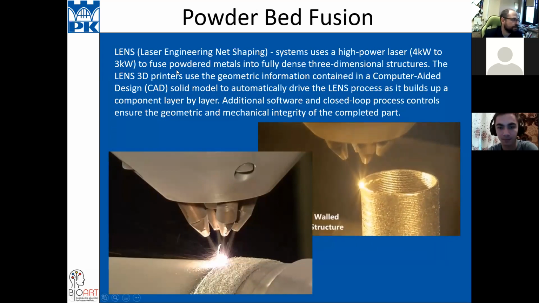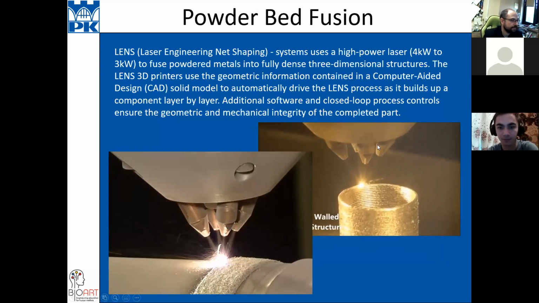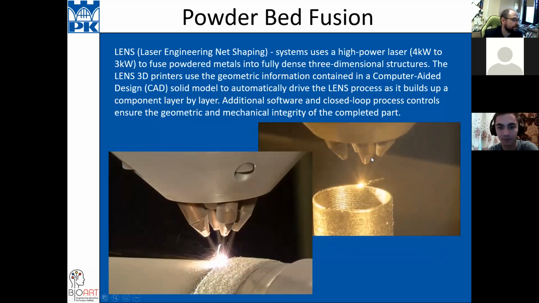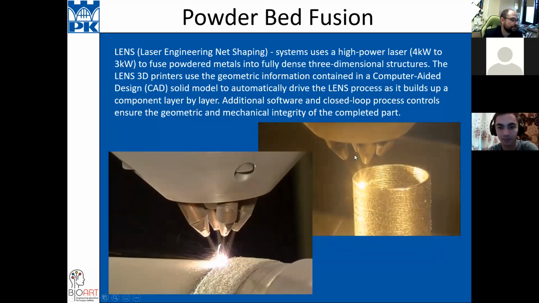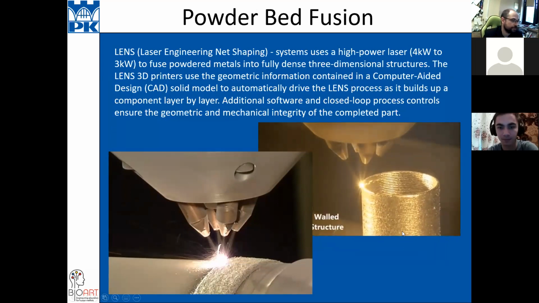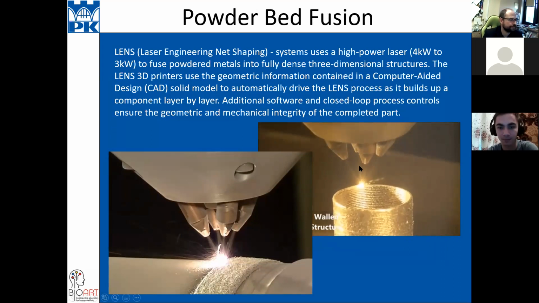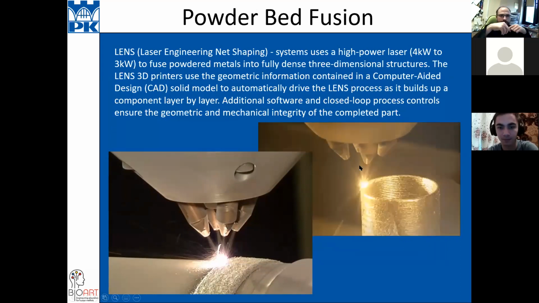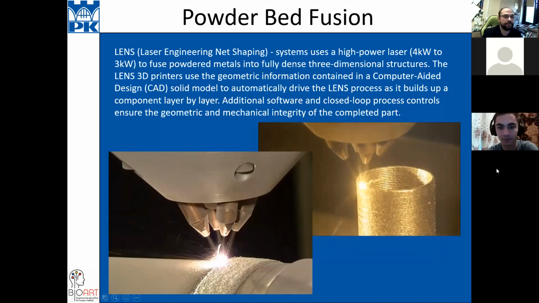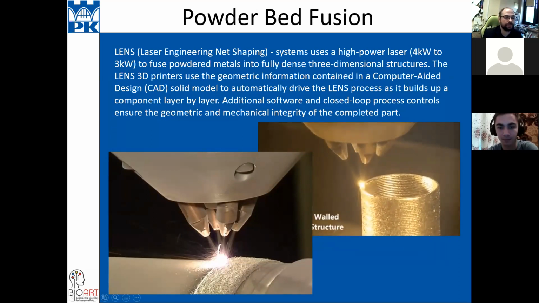It's called LENS, laser engineering net shaping, and here you have 4 nozzles, and you put the powder through these nozzles, and here you have laser. In most cases, it's 2 laser beams. They cross in one point, and in this point, the powder is melted down.